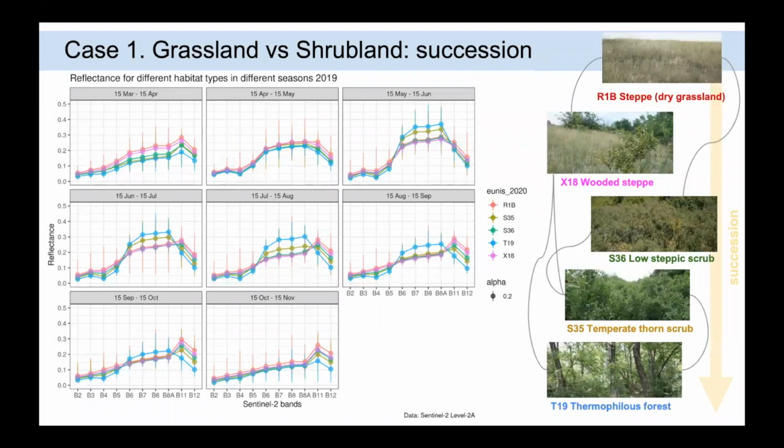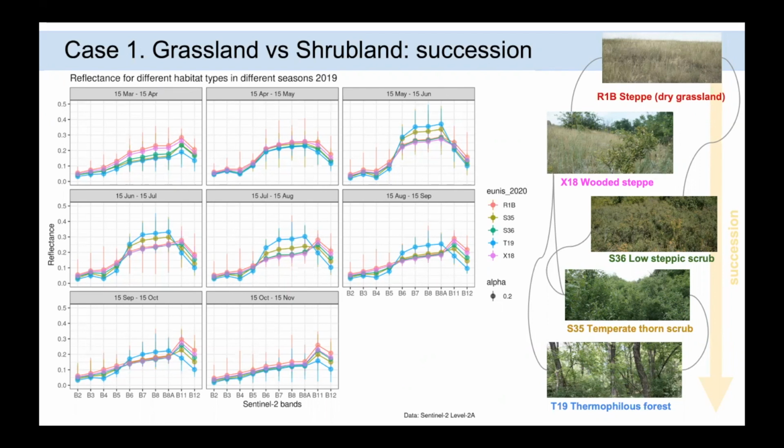Now we will see how it works with defined sets of habitats. And with the first case, let's consider habitat types: dry grasslands, wall stepping scrub, temperate thorn scrub, thermophilous forest, and such complex habitats as wooded steppe. They all are occurring